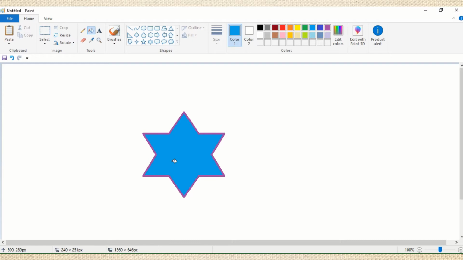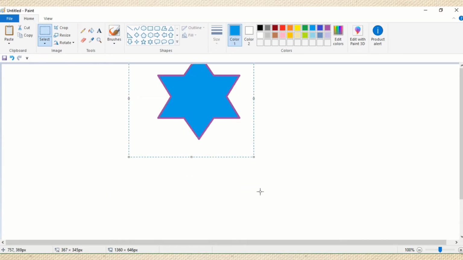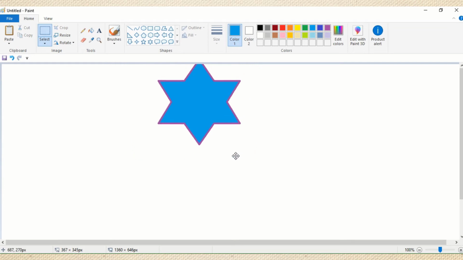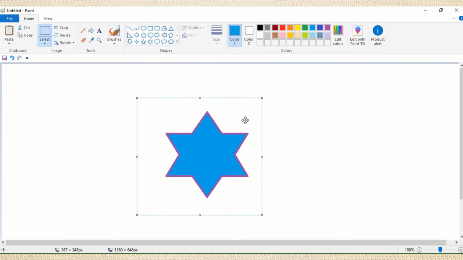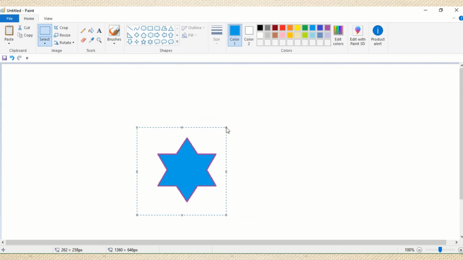Before resizing, we have to select the image. Go to the select tool we learned in the last video, click on rectangular selection, and by pressing the left mouse button and dragging around the image, this is how it is selected. Last time we moved the image with the help of this four-headed arrow, and by keeping the mouse pointer, when it changes to a two-headed arrow, we did the resizing of the image.